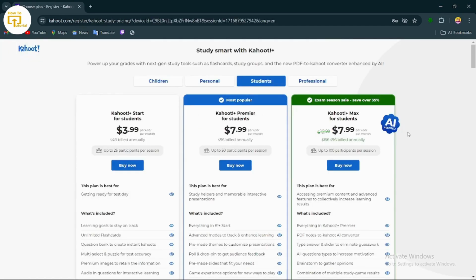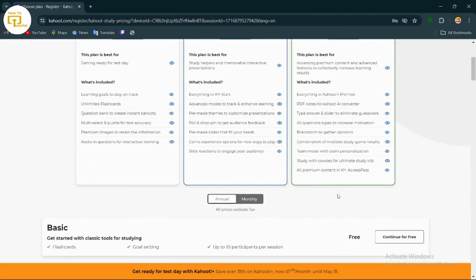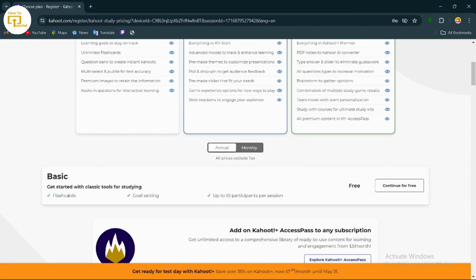After tapping on sign up, it will recommend you to take a subscription, but if you don't want a subscription, then you can just scroll down, and here you will find this option, which is basic account, and it's for free. So just tap on continue for free,